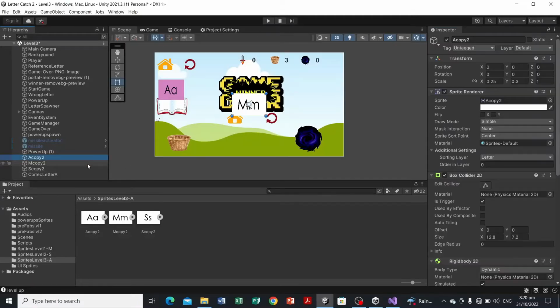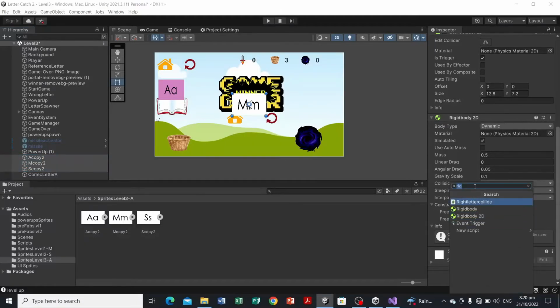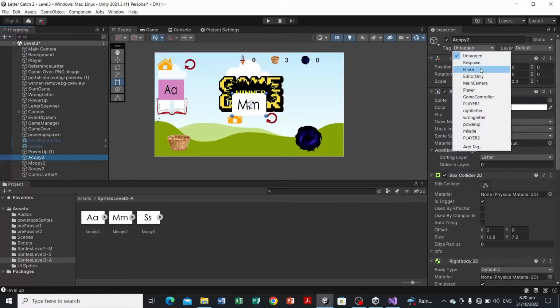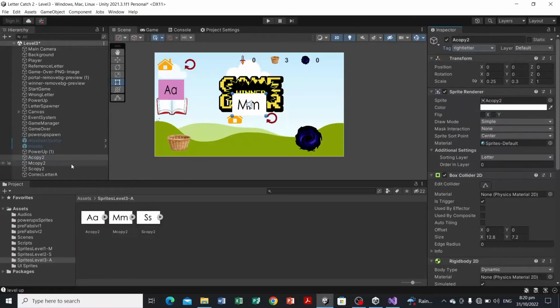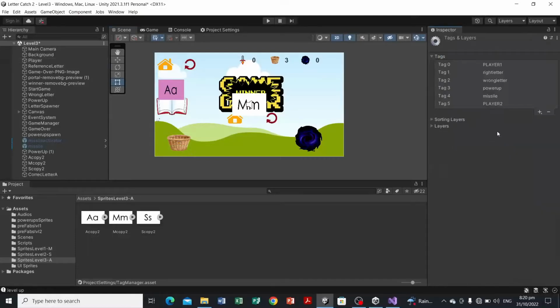And we're gonna attach a script to it, and we're gonna edit again in the scripts, letter collide, and then we're gonna select letter A, tag it with right letter, since in this level letter A is the correct letter, and letter M and letter S, we're gonna tag them as wrong letter. And the player, we're gonna add tag level 3, player 3,